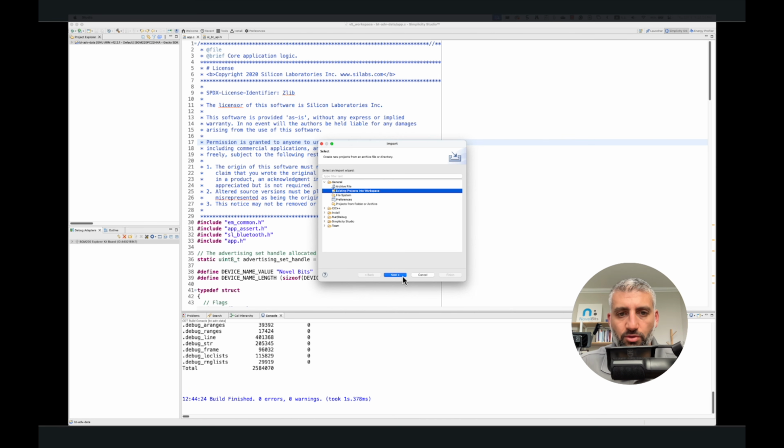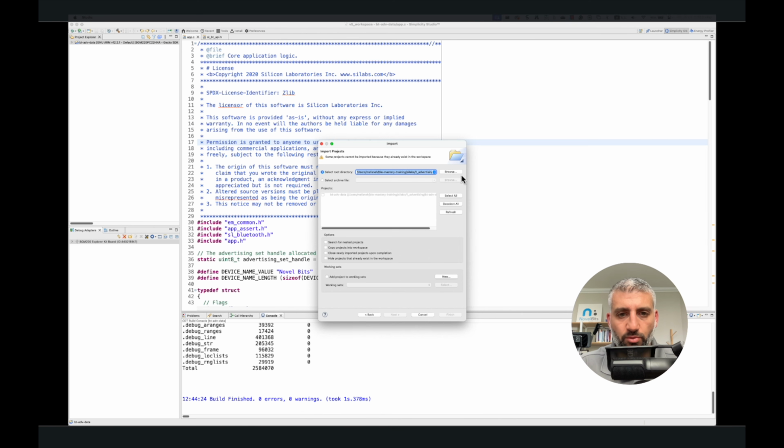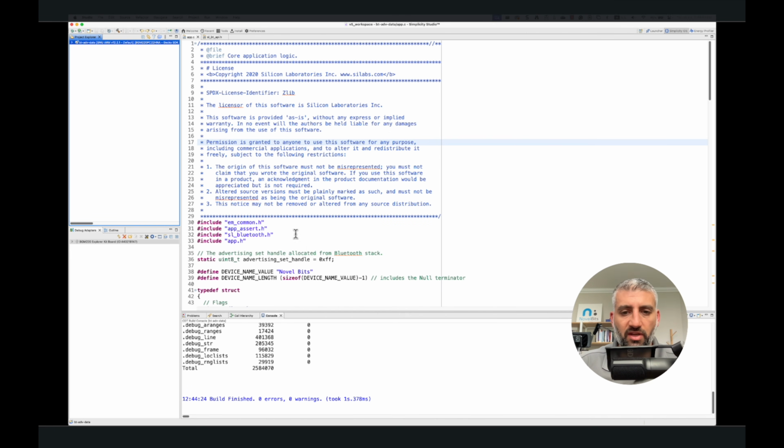But in this case, you choose existing projects into workspaces, browse to the GitHub repo that I provided that you can download and clone locally. Go next and just hit import, and then you'll be able to run this and compile it and then flash it to your device. So first things first, I have the development kit that is already connected to my PC here,